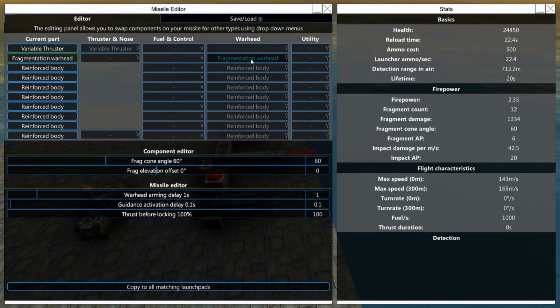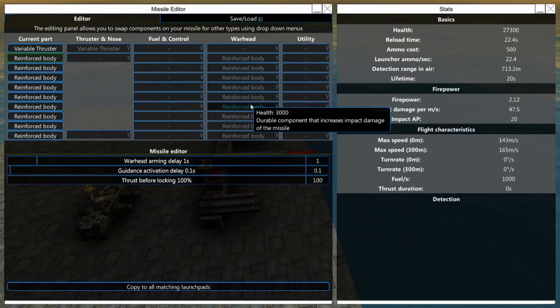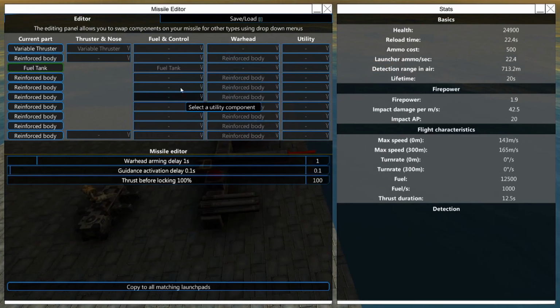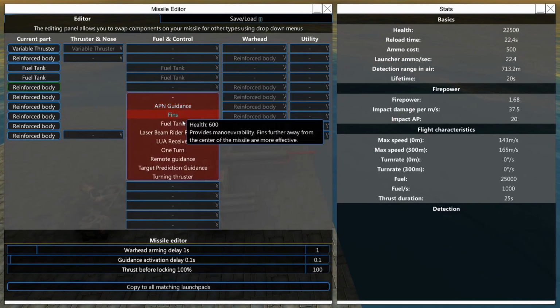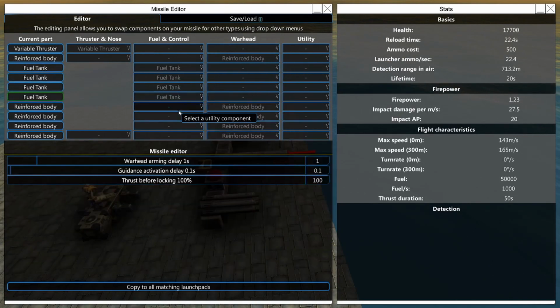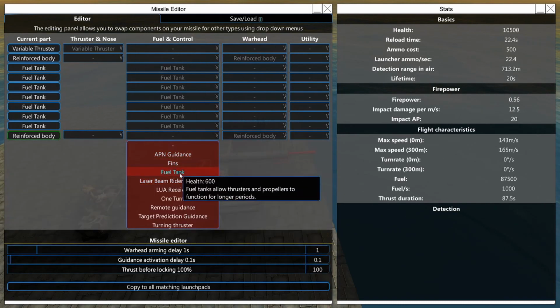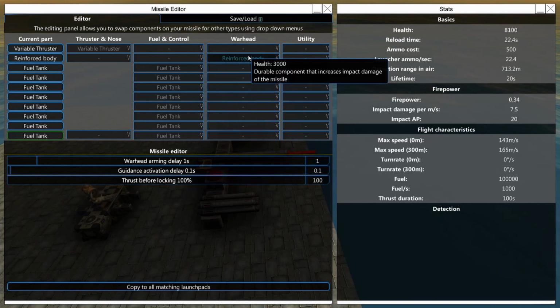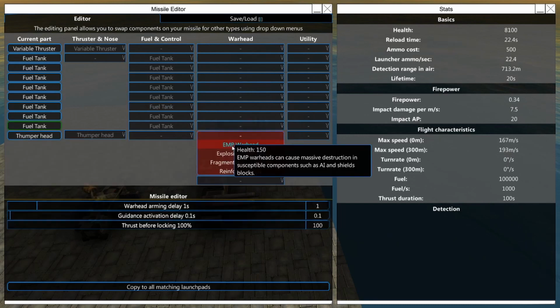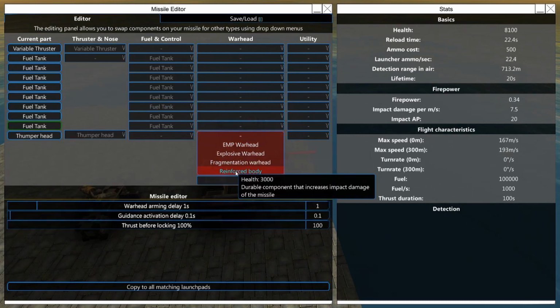Last component in the Warheads tab is the reinforced body. This is what I've been using for placeholders. For now, I'm going to switch over and use fuel tanks for placeholders because the reinforced bodies are what we're actually trying to see the effects of here. The reinforced body is more or less exactly what a thumper warhead is, except that it does not provide any drag reduction. One hard and fast rule with those, unless you're using the reinforced body just to make your missile